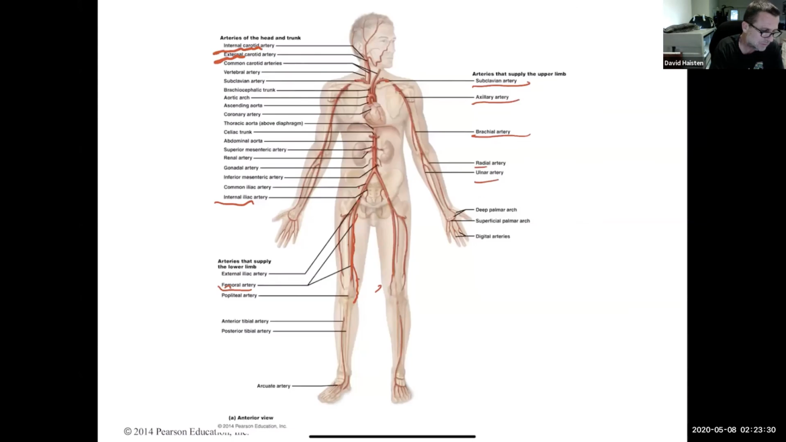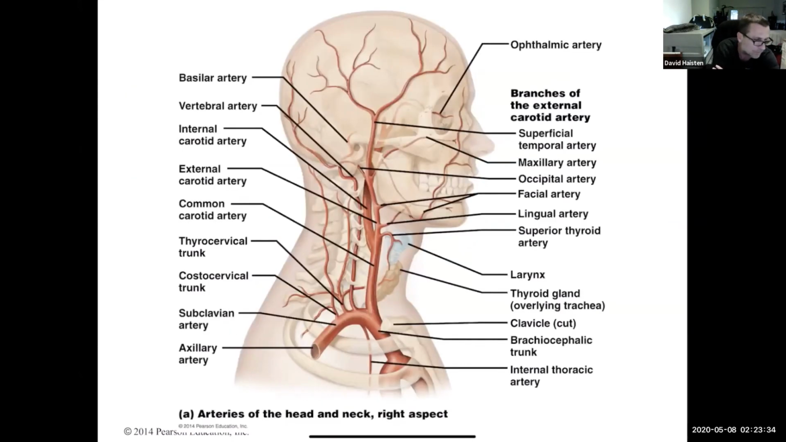So let's see what's going on in your head. Here we go. Common carotid artery. Okay. It's going to split, and we're going to have the internal carotid artery go through the carotid canal of the temporal bone. There it is. The external carotid artery,